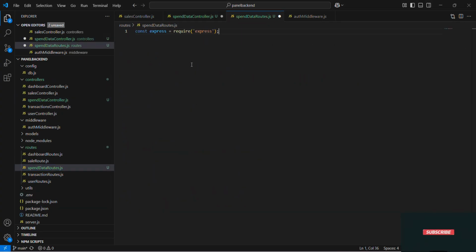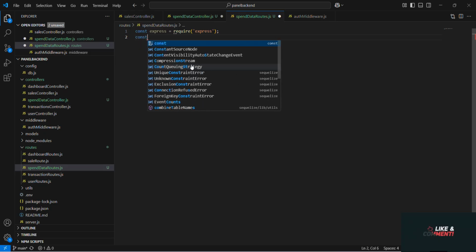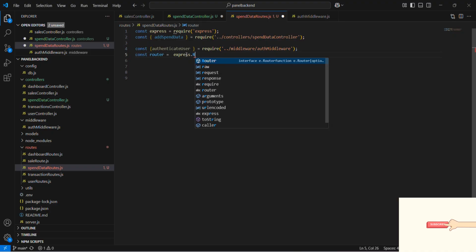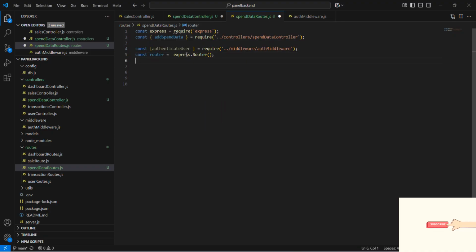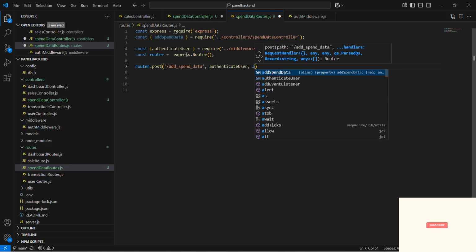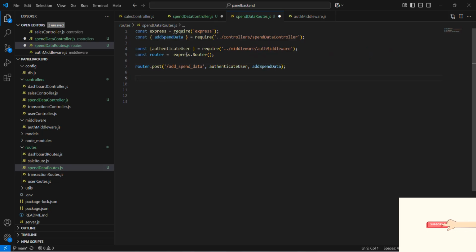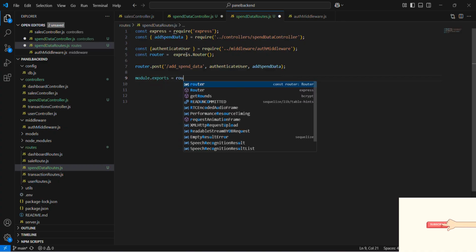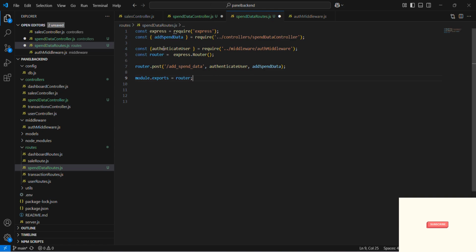Alright friends, now that our controller logic is ready, let's move on to creating the route for this API. As discussed in Part 19, we always secure sensitive API routes using our authenticateUser middleware, and this AdSpendData route is no exception. So when a request hits this route, the auth middleware runs first, and it checks the JWT token in the headers. It verifies the token and compares the user ID. If it's valid, the request moves to the controller. If it's invalid, the request is blocked with an appropriate error. This makes sure that only authenticated users can insert spending data.